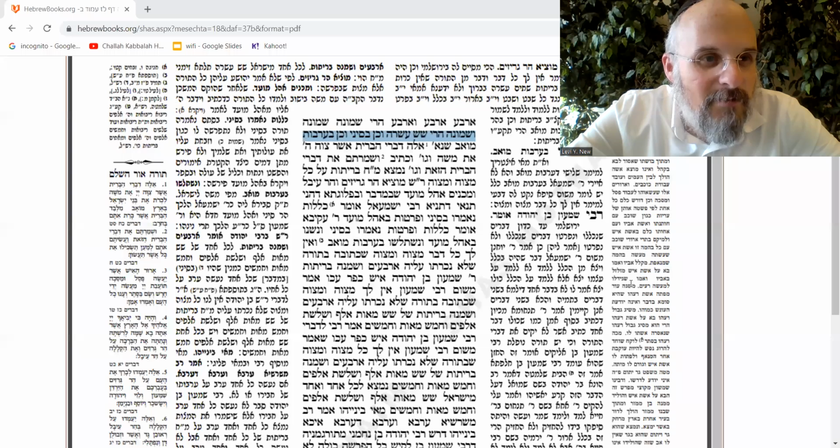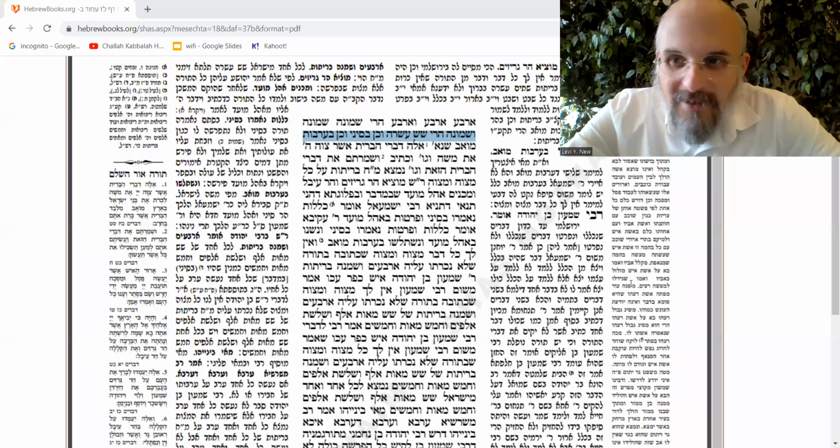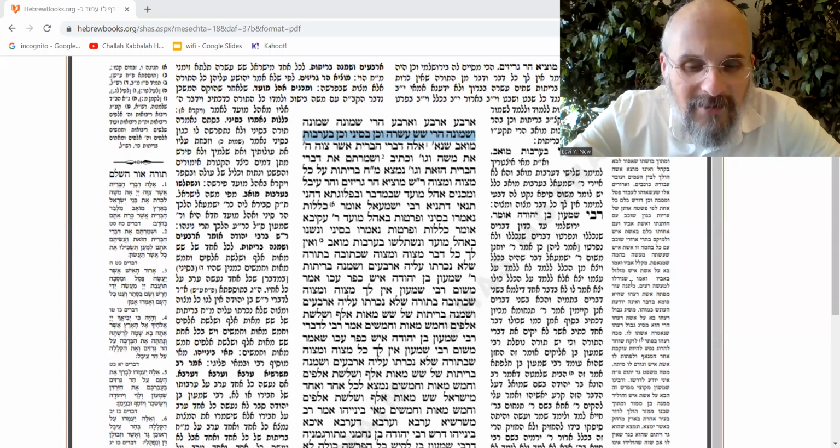All right, so we are on Lamed Zayin Lamed Beis, 37b. As I promised yesterday, we're going to try to understand the meaning behind this breakdown of the numbers. So let's just review quickly the breakdown of numbers as described by the Gemara.